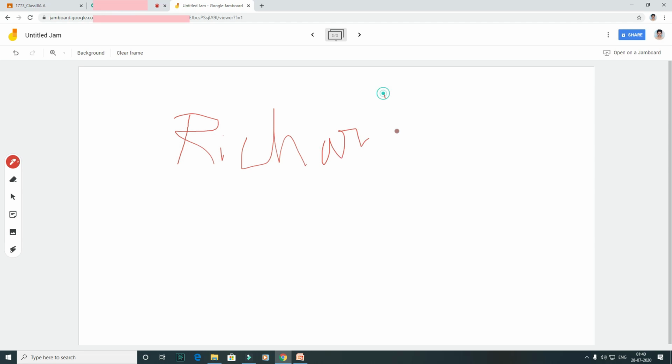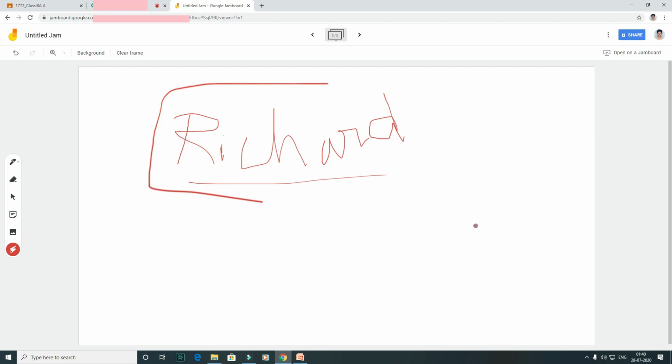So in this way you can write and you can highlight also. There is your laser. Just click it. If you just want to underline, side by side it will disappear also. There are many options available in this. Then coming to insert the image, add image. Here there are so many frames available.